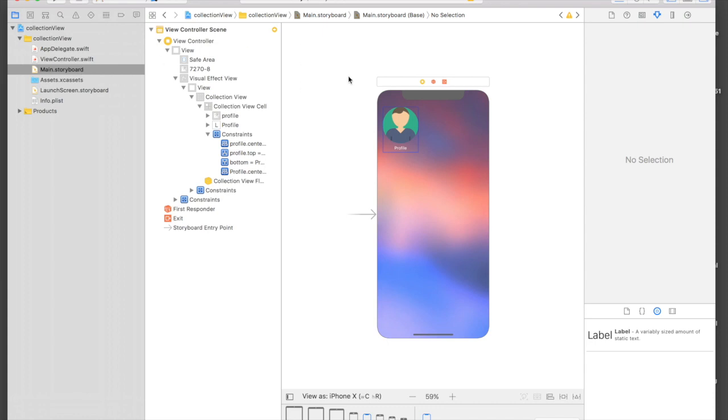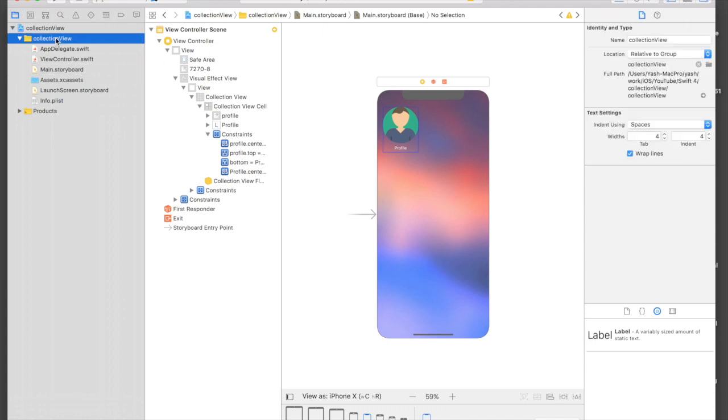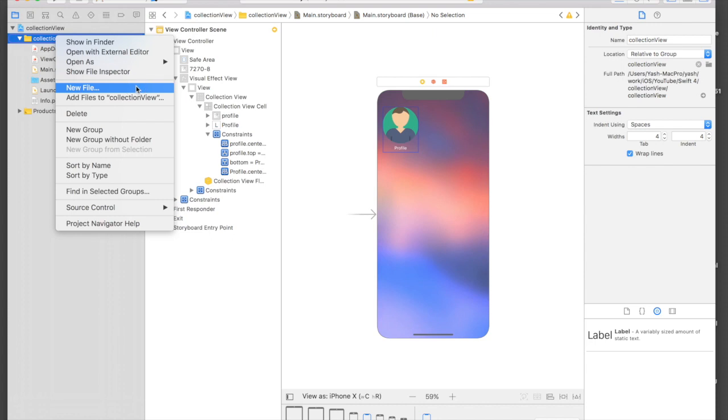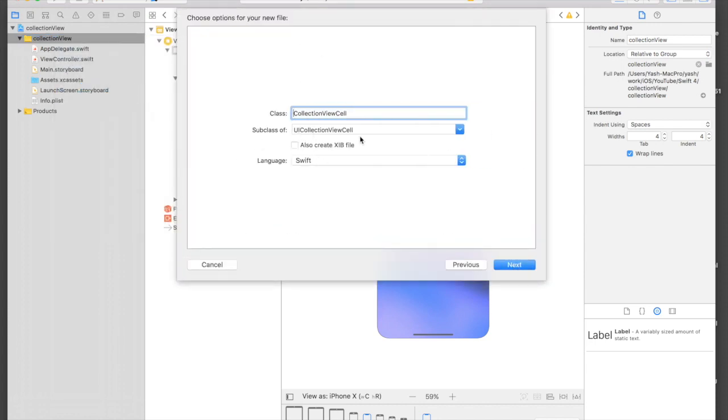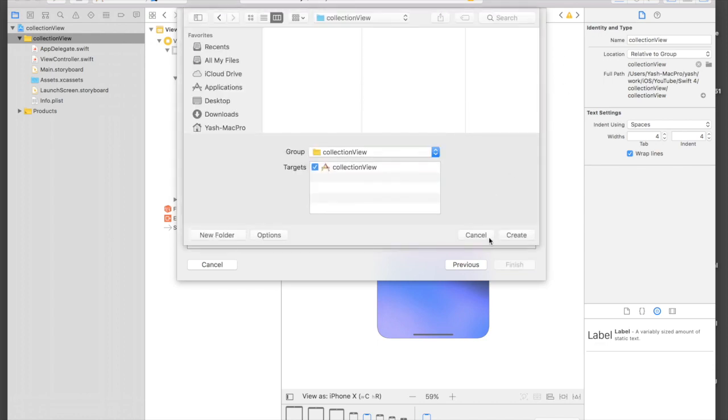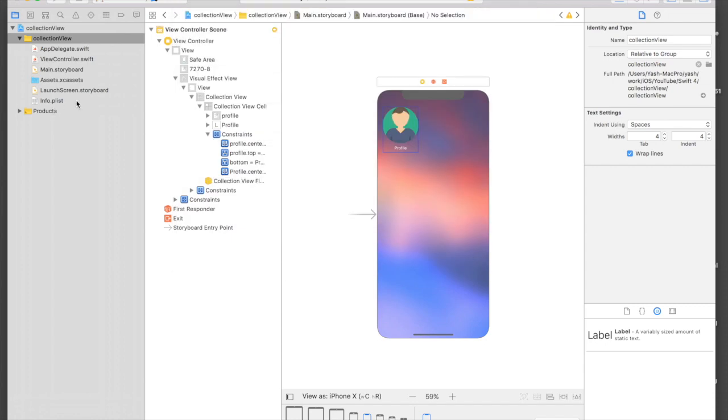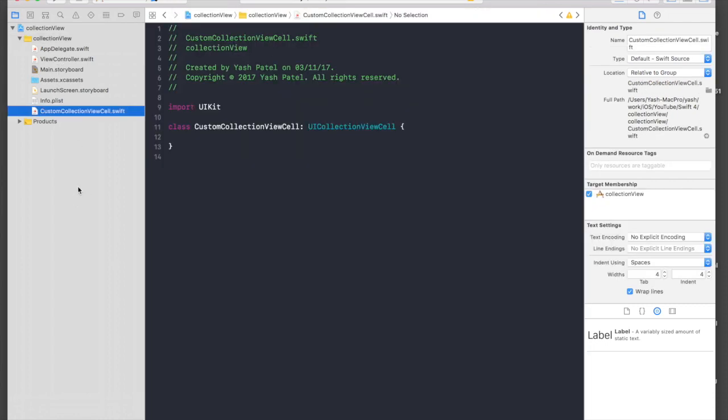So now we need to create a custom cell file. So just right click on folder, say new file, and it will be Cocoa Touch class, and it will be a subclass of UICollectionViewCell, and just say custom and hit enter. You will create, and you will see this file over here. So just drag and drop it under view controller, doesn't matter, I like it that way. So under